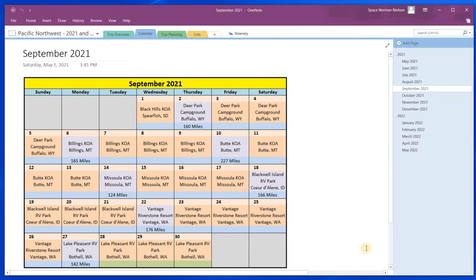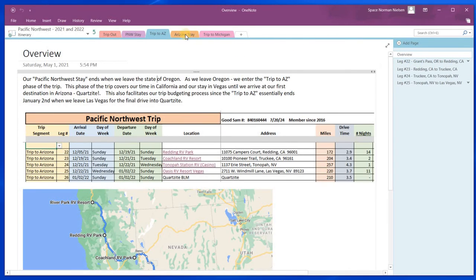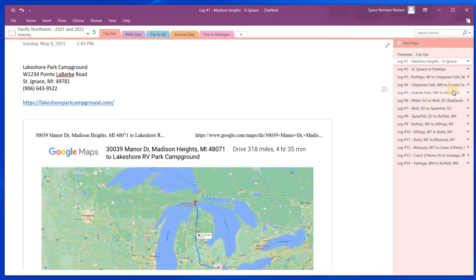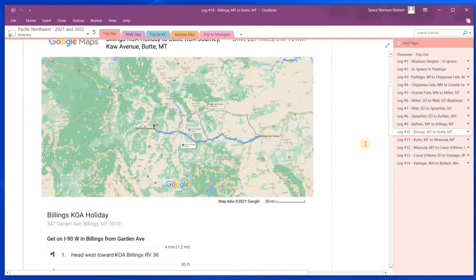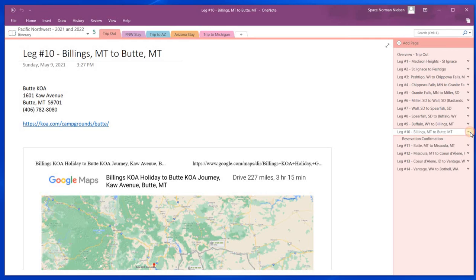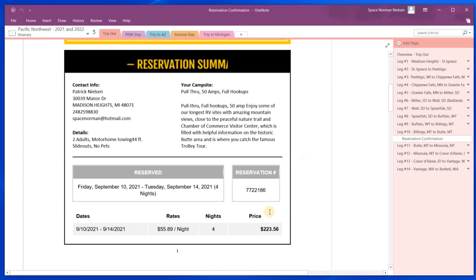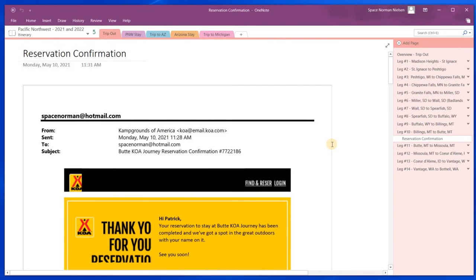For me, when we pull up to the Butte KOA in Butte, Montana, and I go in to register, I'm going to look at my trip to Butte, and I'm going to see right here that when I walk into that campground, I can pull up on my cell phone, well, here's my reservation, and my reservation number is, I have all that data right here. It makes it so simple to work